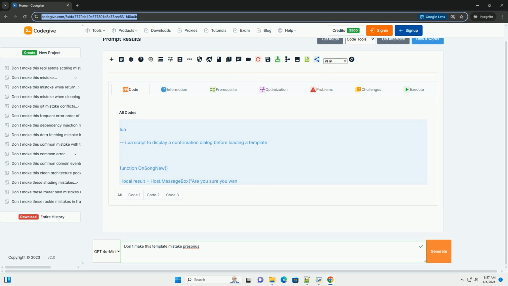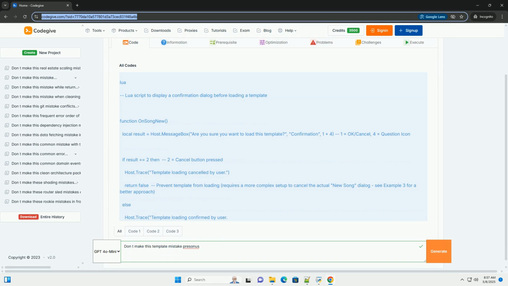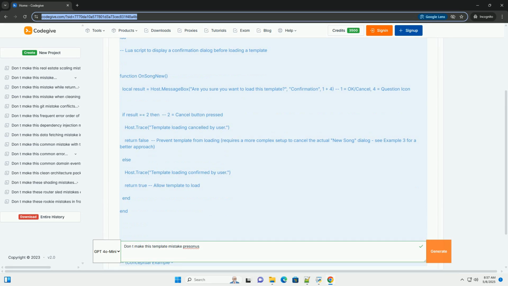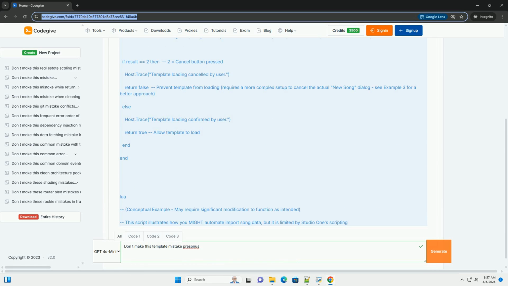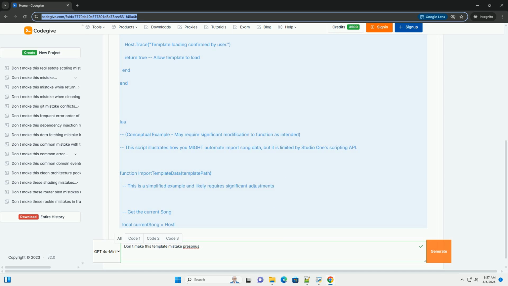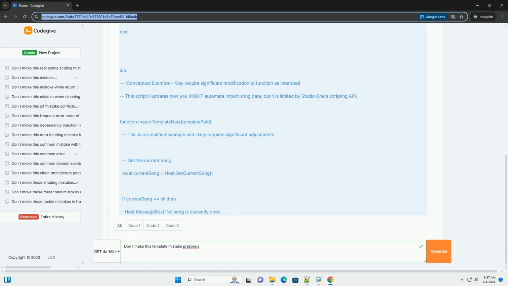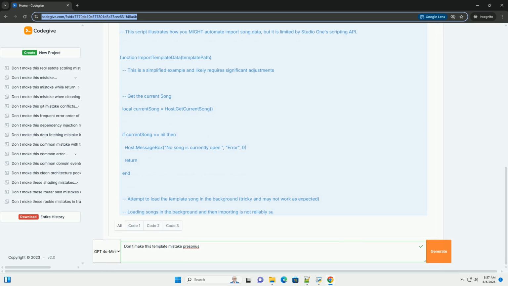OK, let's dive deep into a common, and often frustrating, mistake many PreSonus Studio One users make when working with templates, and how to avoid it. This mistake revolves around not fully understanding the implications of template loading and accidentally overwriting existing projects with elements from a template. We'll cover what the problem is, why it happens, how to prevent it, and best practices to ensure